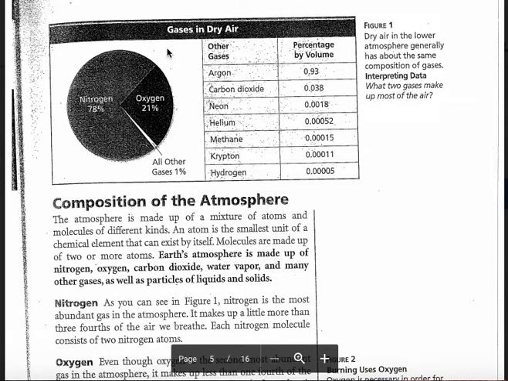Taking a look at this chart here is probably helpful before you go into the reading. So I always try to look at charts and pictures before I do the reading, because I think that stuff just helps you absorb it a little bit better than reading sentences does. So taking a look here, it's talking about gases in dry air. Water vapor, for example, is a gas, but they're not counting that as a part of dry air because